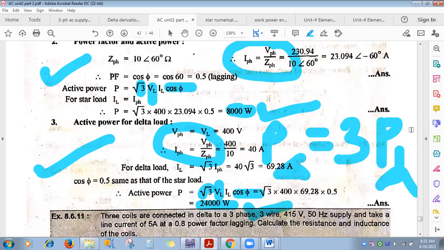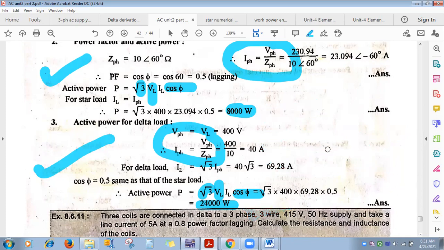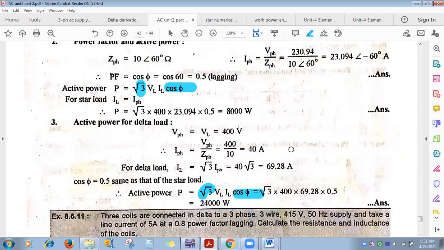Now why? Why is it so? See, just now we have seen the formula is the same, isn't it? Same load, same supply specification, √3 same, cos phi same, VL same. Here also √3 VL cos phi is the same on both sides, only there is a difference of current. Okay, now what is happening? Why is power consumption more in delta? See here.